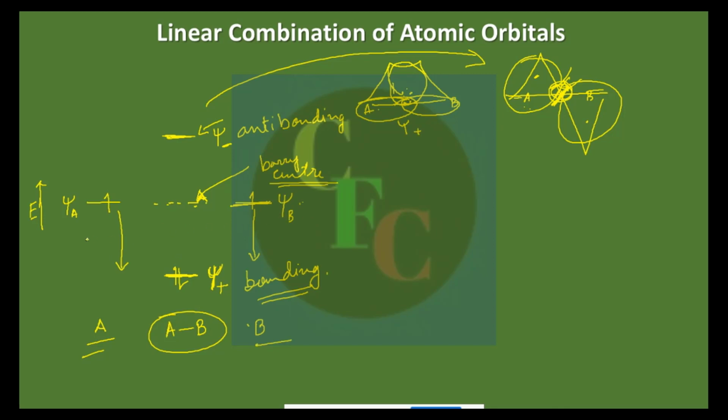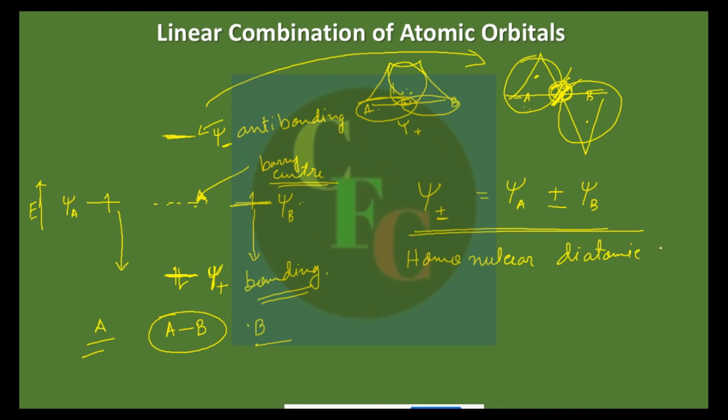Okay. Now we will go to see how the shapes of the orbitals look. Before going into that, I must say that I have done a very simplistic thing here. I am writing the equations all together, psi plus minus, so it can be bonding or anti-bonding depending on whether it is plus or minus. I have just shown it like this. This equation is good only for homonuclear diatomics. What does this mean?